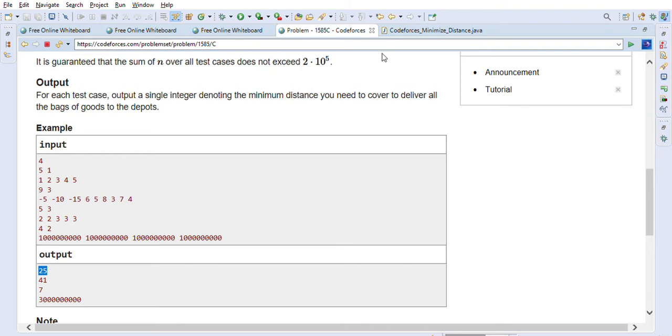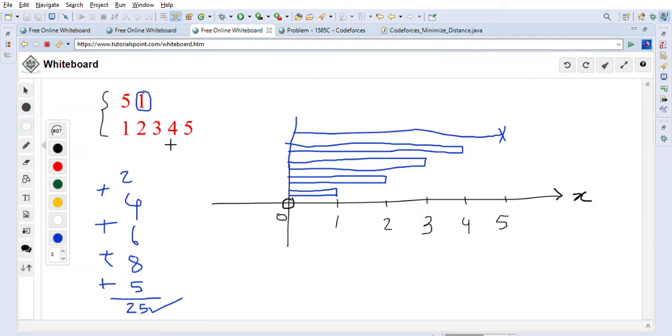So this is the minimum distance to deliver all these 5 bags when we can only carry 1 bag at a time, right? And why are we choosing 5 in the end, why not in the beginning? Because if we choose it in the middle or in the beginning, then we have to come back from this point. So this is the distance 5. We don't want to come back from point 5, because that is the maximum distance we are going to be adding in our total. Our goal is to minimize the distance, so we have to keep this 5 at the end.